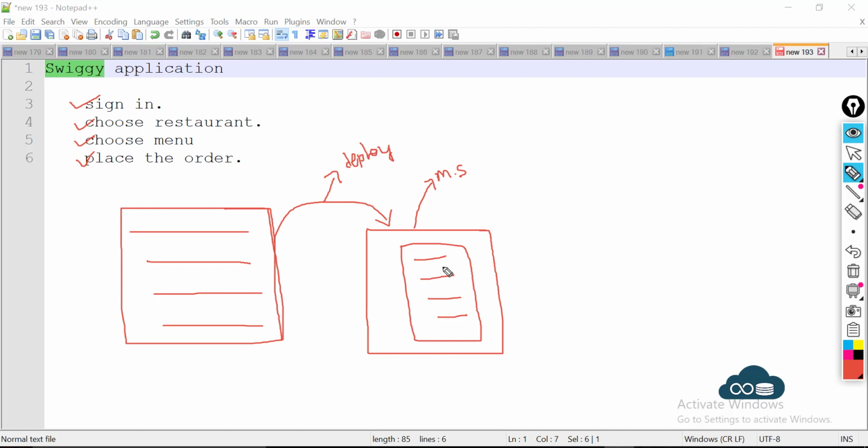And when the code is copied to the middleware server, your website or your application is open for users. Like you will get a URL. Let us say in our case, for example, it is https://swiggy.com.